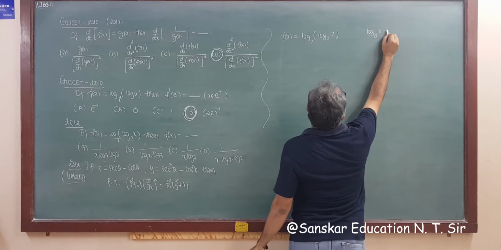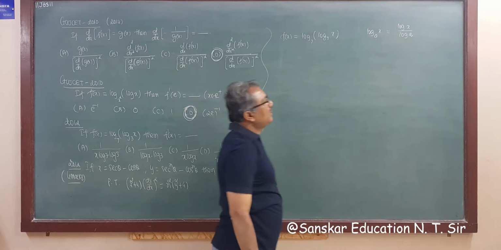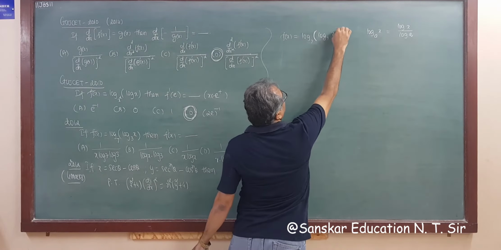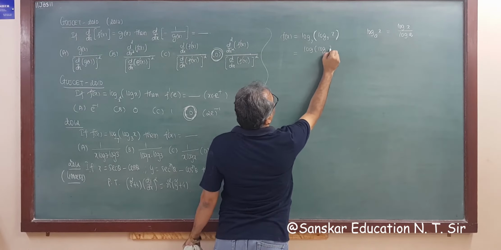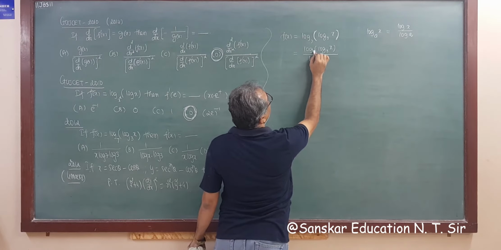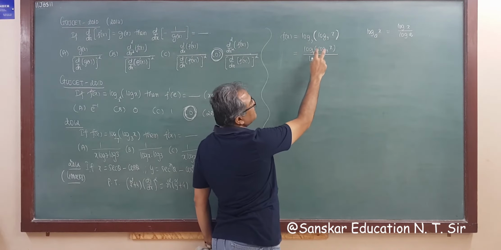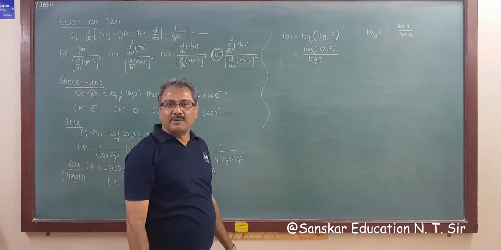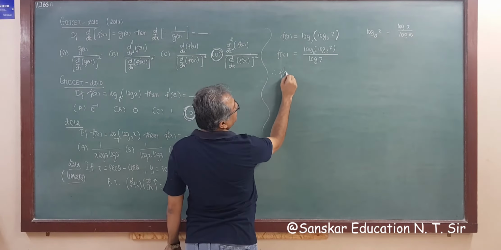This is the change of base rule: log x base a is equal to log x upon log a. So applying this rule, this is log x base 3 whole upon log of 7, and this is base e, right? That is, this is now a natural logarithmic function, a natural log. And you have the formula for natural log: the derivative of log x is 1 upon x, right? So this is your f x, therefore differentiating with respect to x, f dash x.